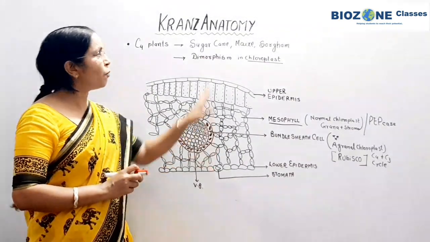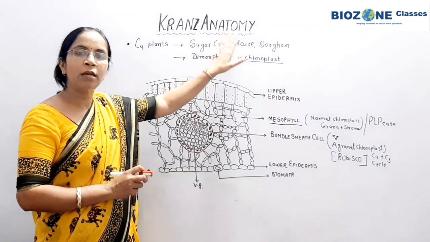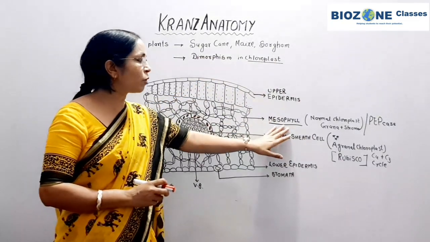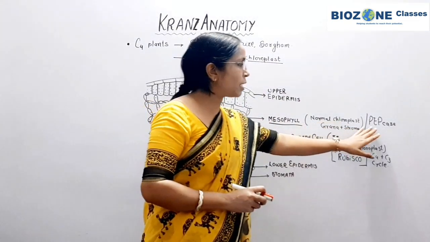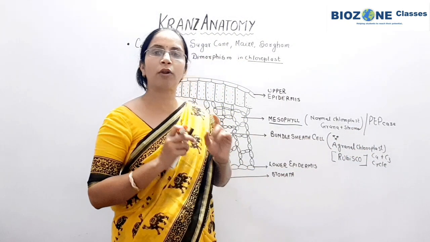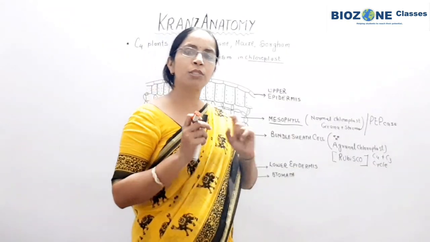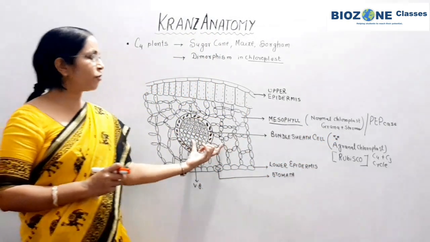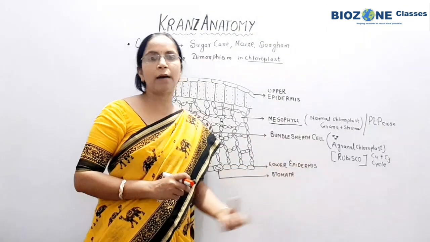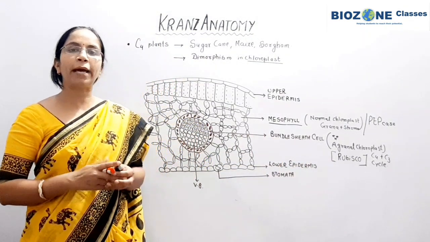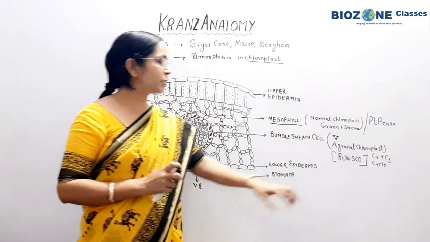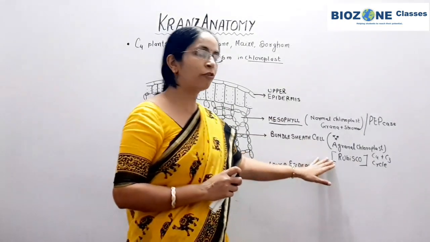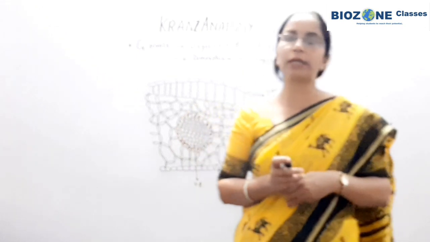So remember students, why is Kranz anatomy important? Because due to Kranz anatomy the leaf shows dimorphism in chloroplast, and because of that PEPase enzyme is present in the mesophyll. This enzyme is responsible for carboxylation in the C4 cycle. So the C4 cycle begins in the mesophyll cell of the leaf of a C4 plant, and in the bundle sheath cell, along with the C4 cycle, the C3 pathway or C3 cycle takes place parallelly. This C3 cycle in the bundle sheath takes place mainly due to the presence of Rubisco. This is all you remember for Kranz anatomy.